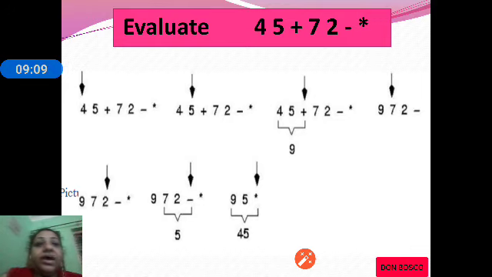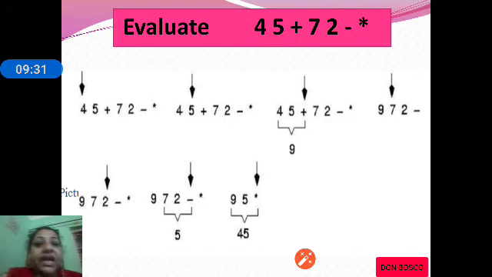4 and 5 are the operands which will be put into the stack till we reach plus. Once plus is reached, we take the previous two operands and perform the indicated operation, that is plus. 4 plus 5 is 9.